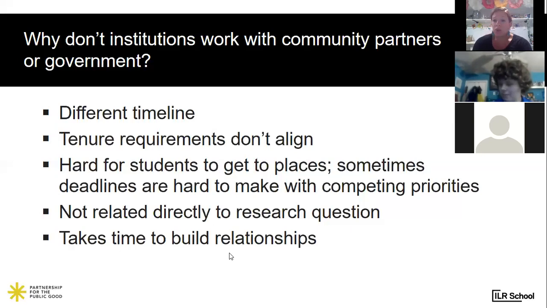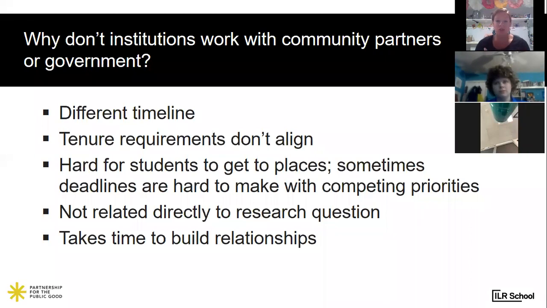Sometimes there's a research question that you're really interested in, or that you're really passionate about, and maybe it doesn't exactly align with what the community partner wants or needs. That's okay. I think there are ways to do both, where you can establish what it is that you're really interested in and figure out ways to research what it is that you want to learn, while also pursuing whatever project the community partner is looking for.